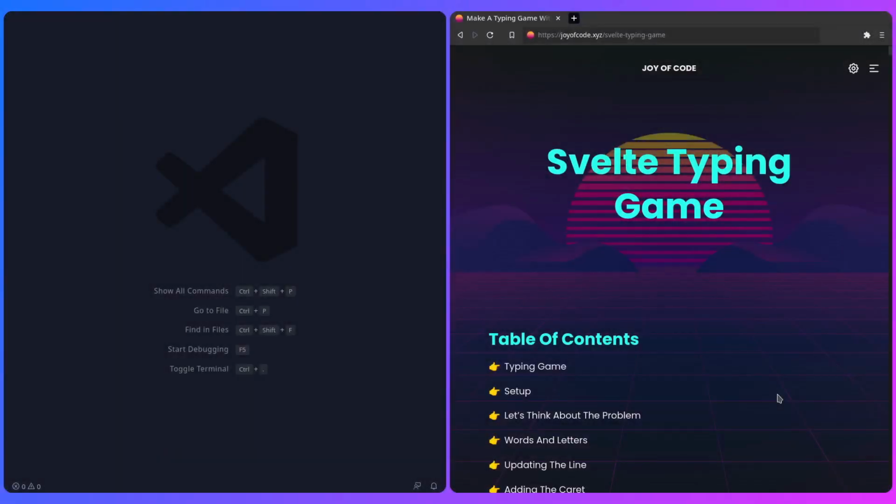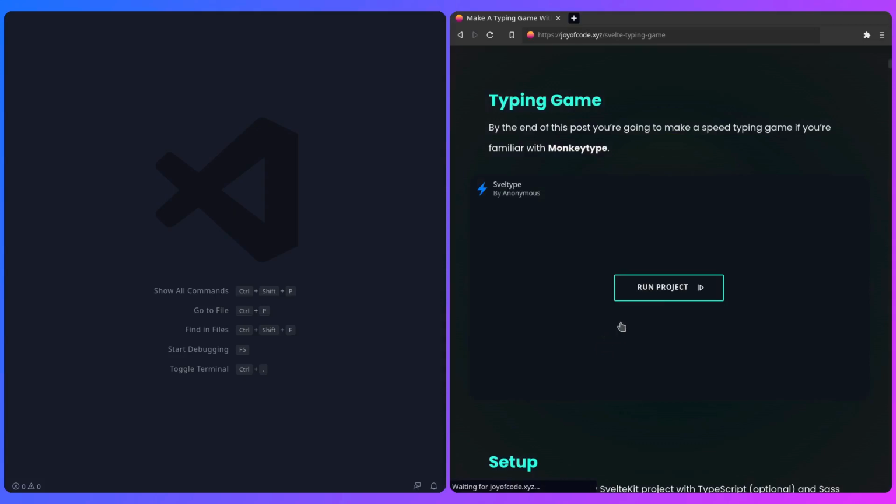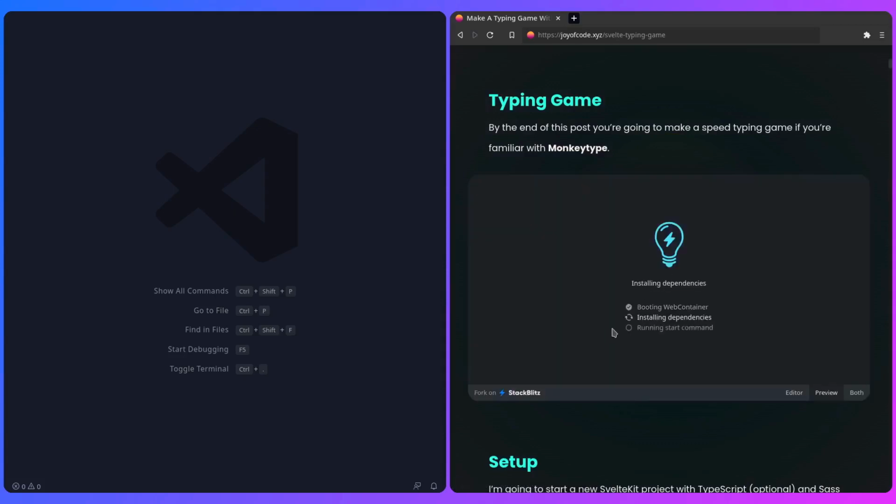Hey friends, today is going to be a fun one. We're going to make a Svelte typing game. And you can go here in the post and load the example if you want. You might want to enable cookies in your browser since it's using StackBlitz, but give it a second, it's going to load in. By the end of this post, you're going to make a speed typing game